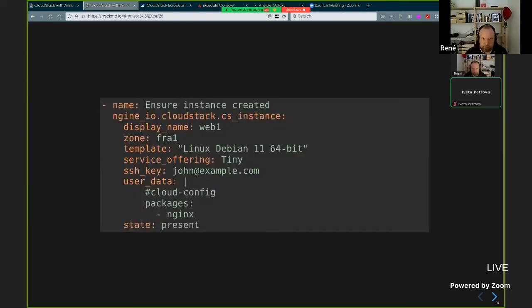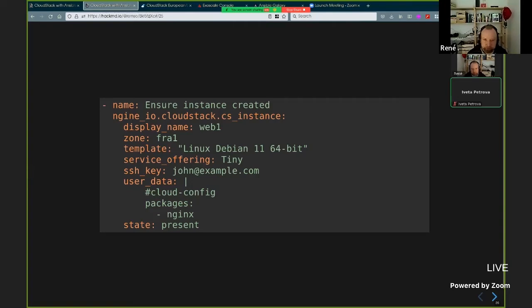This is one task. It has a name, of course. Give it a name, and the next line is the task which is executed.